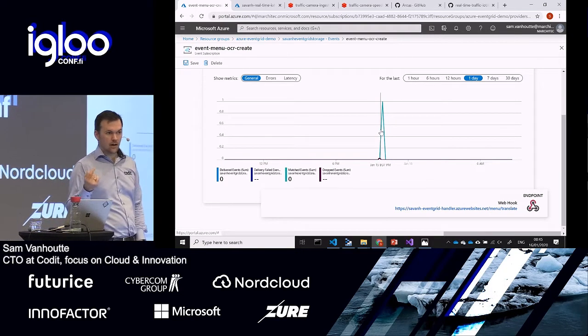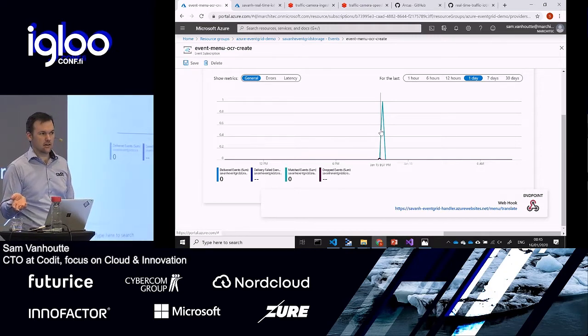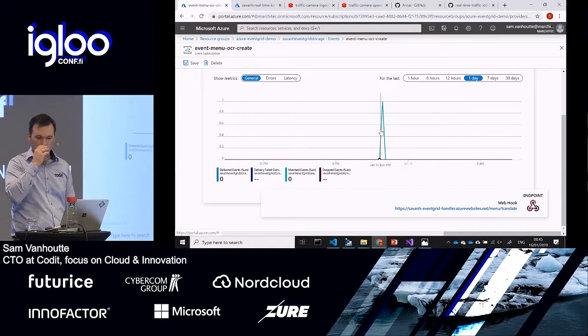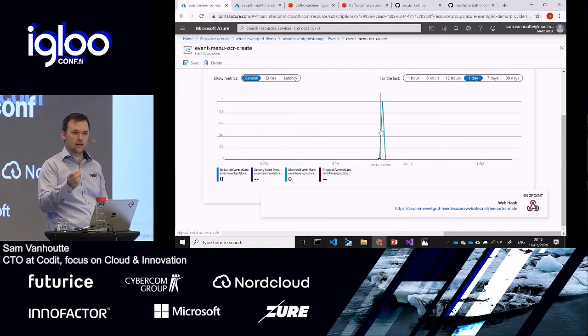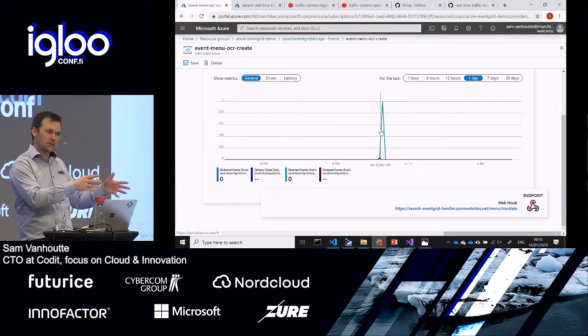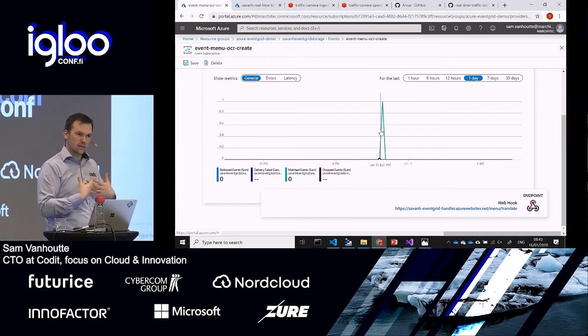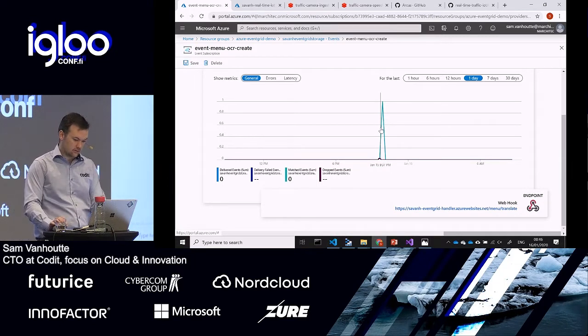What happened, I think the last time I executed this was when I was, I think it was in Belgium, doing this talk, and I didn't touch it, and it still just works, and I pay peanuts, nothing for this, because it's all serverless, and it only happens whenever I drop that file. So I don't have to pay for Event Grid just because I use it. I only have to pay when I would use more than 100,000 menu translations, and I don't see a business case in that yet.